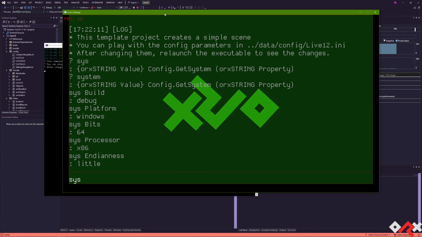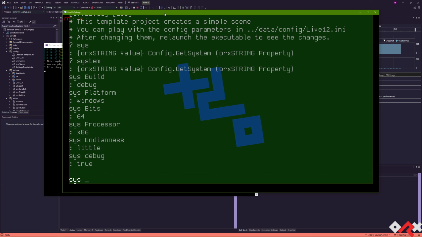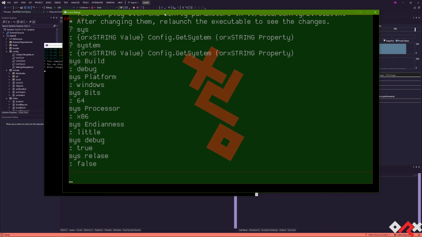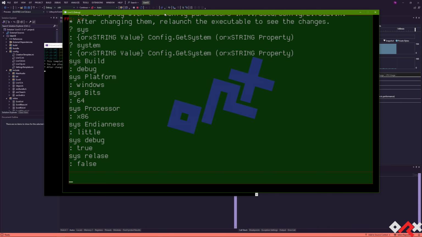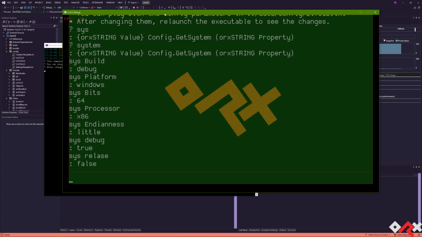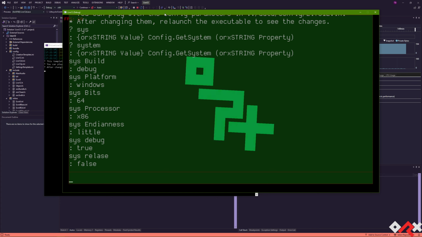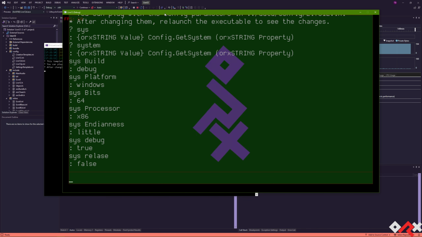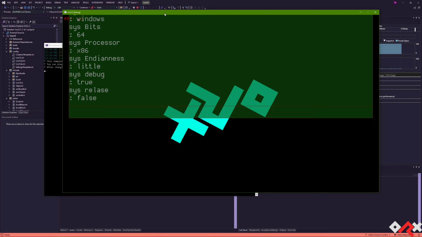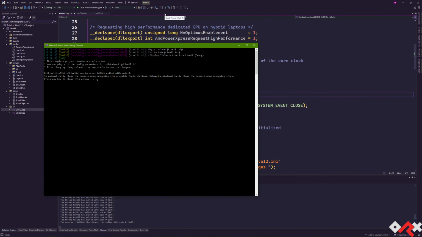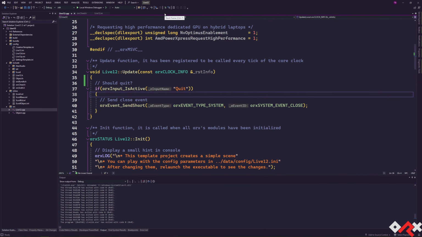Like if I say, sys is debug, it says true. Is it release? Nope, that's not a release. So you can query directly based on the result instead of asking for the attribute. And you can make some divergence, like for debug only builds, for example. And let's give a small example on this. But first,